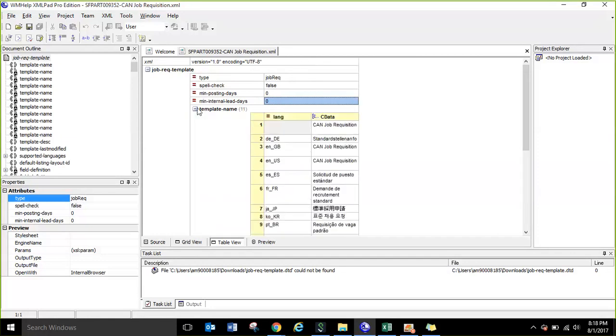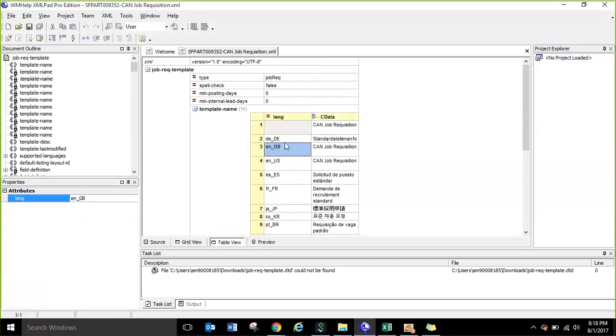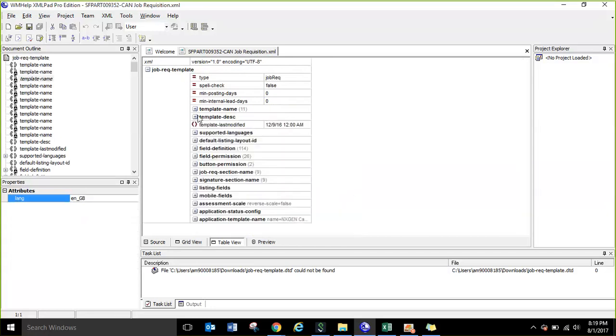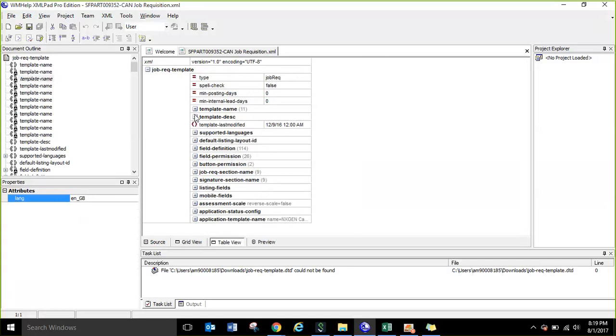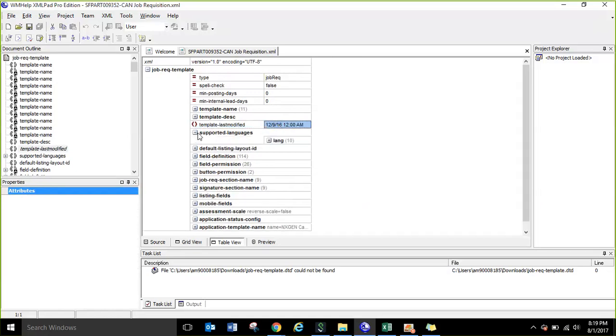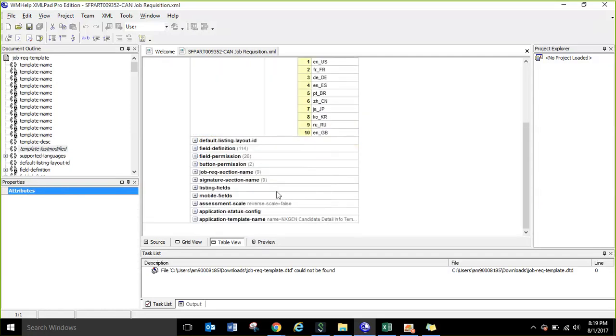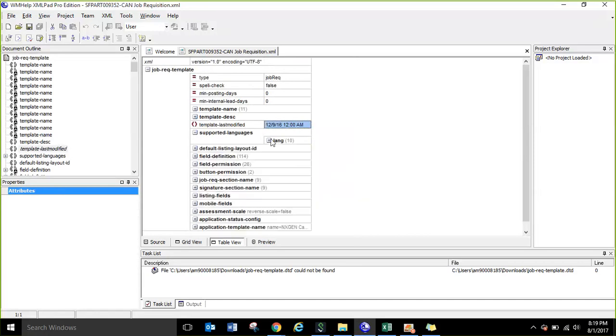And template name is nothing but what is the template name, and all these are different translations. Denmark, Great Britain, US, France, Japan, Korean. And same thing with the description. Description is a basic thing. It's not shown anywhere. It's up to you to keep it or not. And template last modified is a timestamp which the system keeps. Don't worry about this last modified one. And supported language. Usually, this particular template is supported by 10 different languages. But if it is a country,